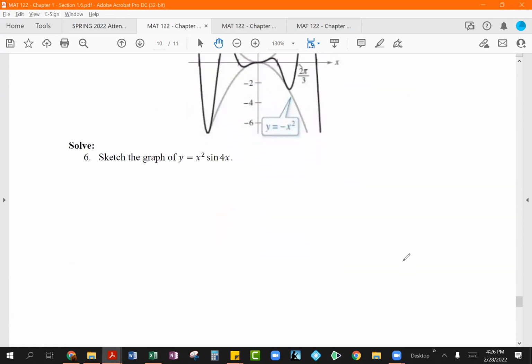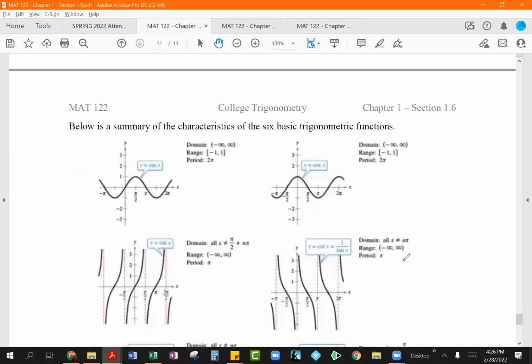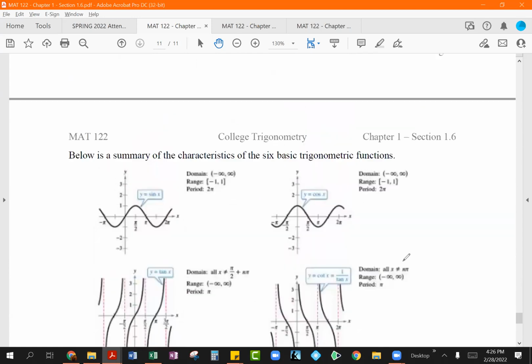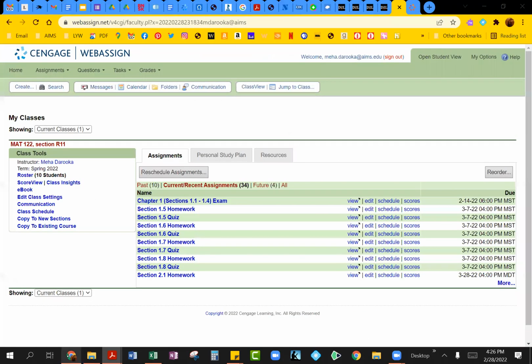If you want to see what difference you can see with x squared sine of 4x, you can see this in your video lecture to break that down. And I think I did show you guys this summary last time. So let's pick an example from our